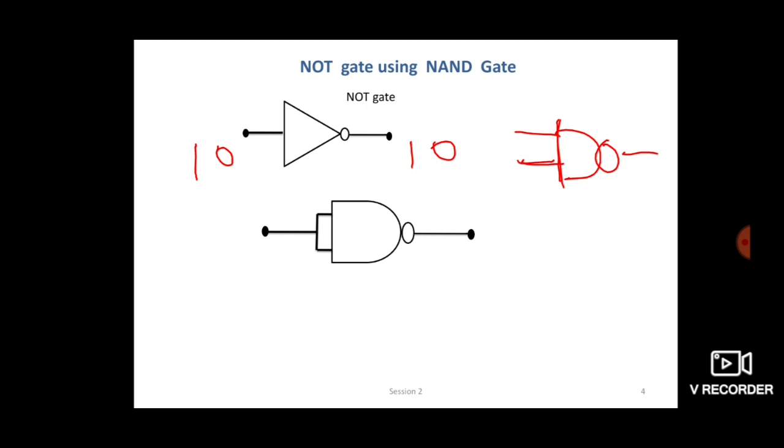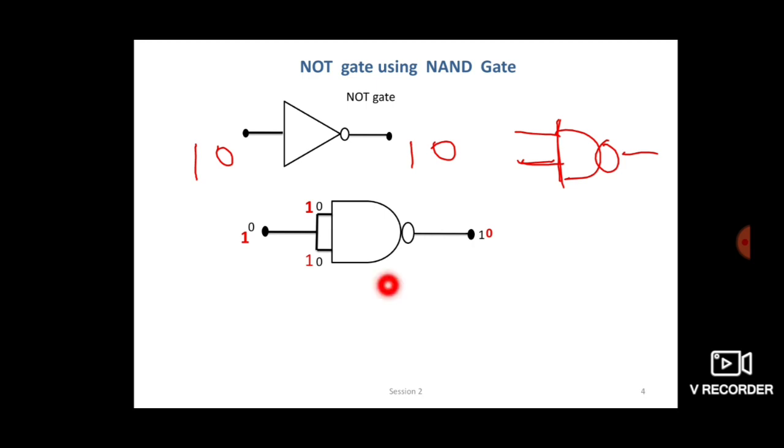Students, now see, in this new construction using NAND gate, we create NOT gate. If 0 is passed, and both inputs are shorted to make one input, this one input passes 0. Then 0 is passed here, and in this input also 0. Then what is the output? 1. If 1 is passed, then both inputs have 1 and the output is 0.